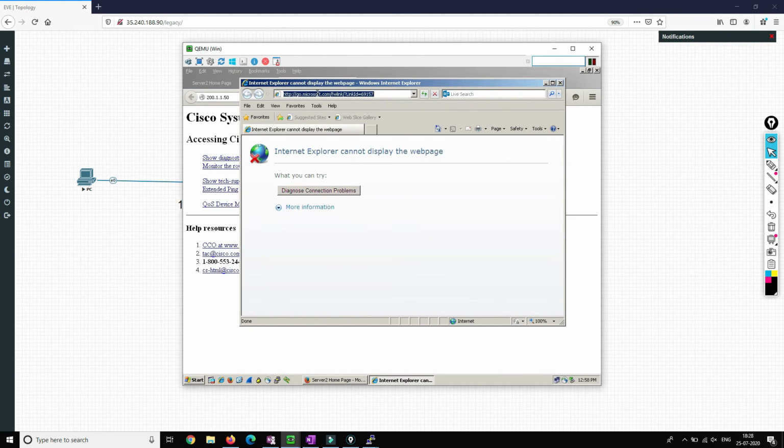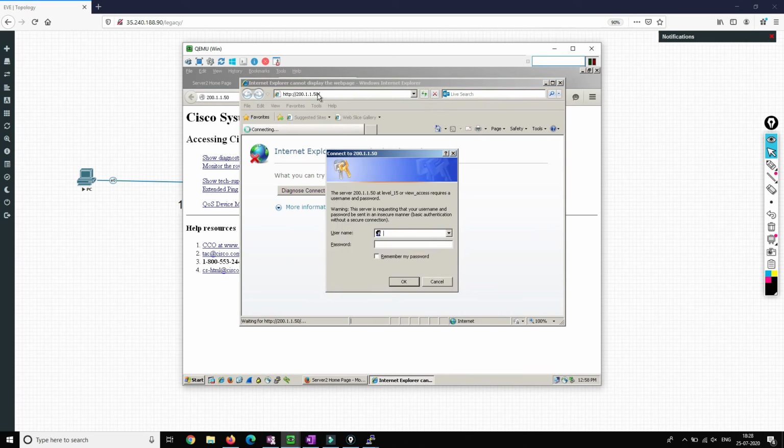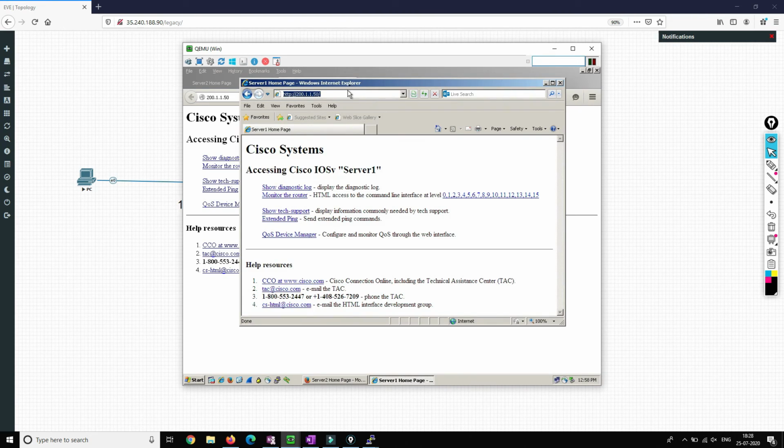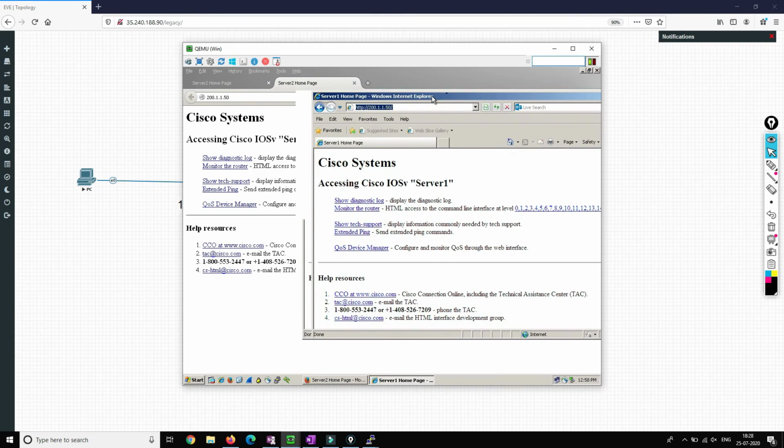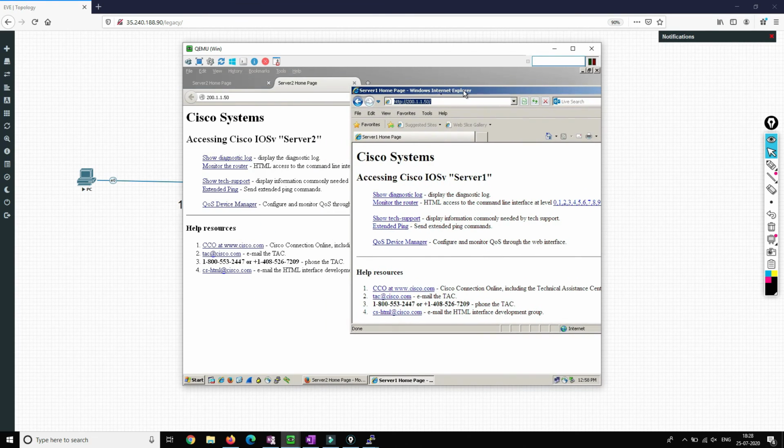Maybe it has taken the same session, so let me try again with Cisco and Cisco. Now we are directed to server 1. So this is how it works. First it goes to server 2 and then it goes to server 1. So it is based on the session.